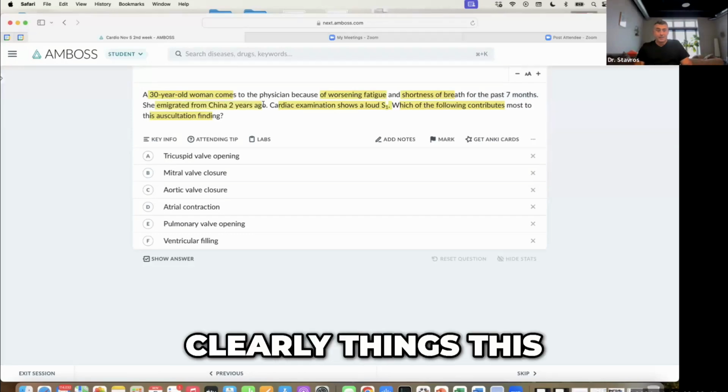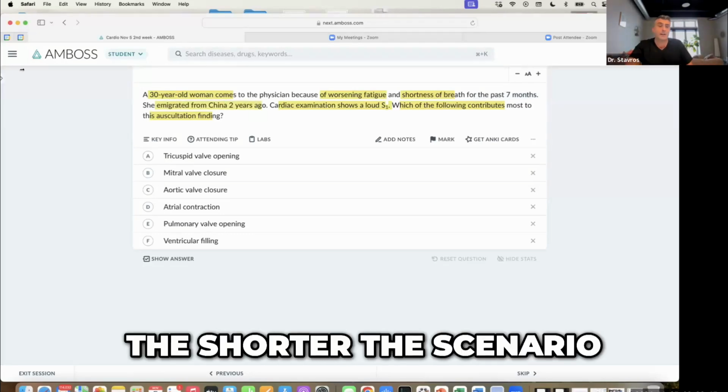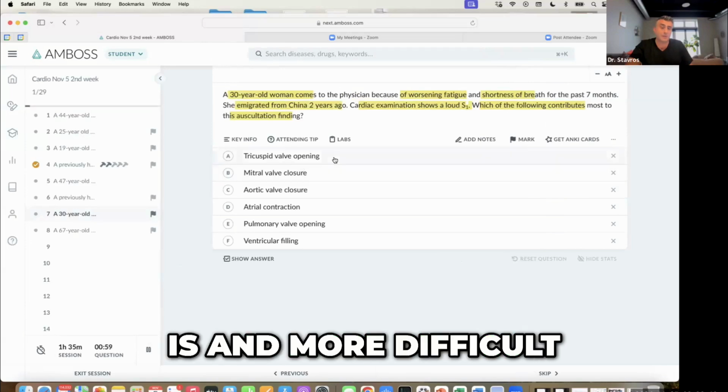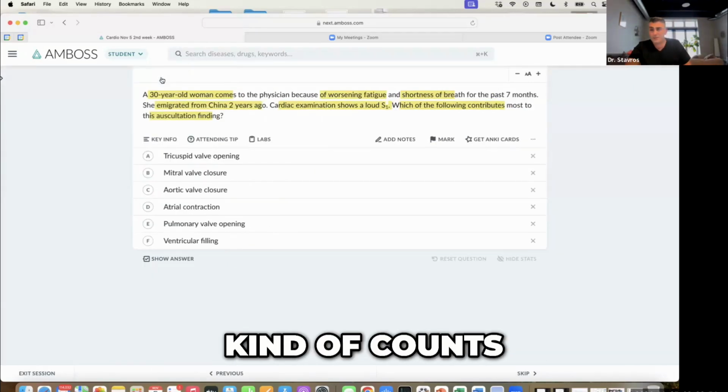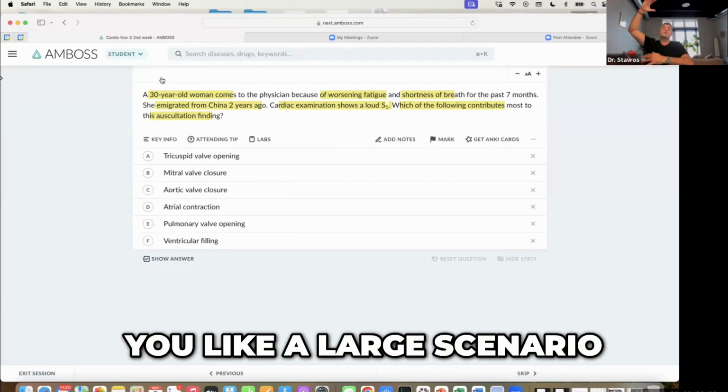So clearly, the shorter the scenario, the more dangerous it is, the more difficult it is, because every word kind of counts, right? Versus when they give you a large scenario,